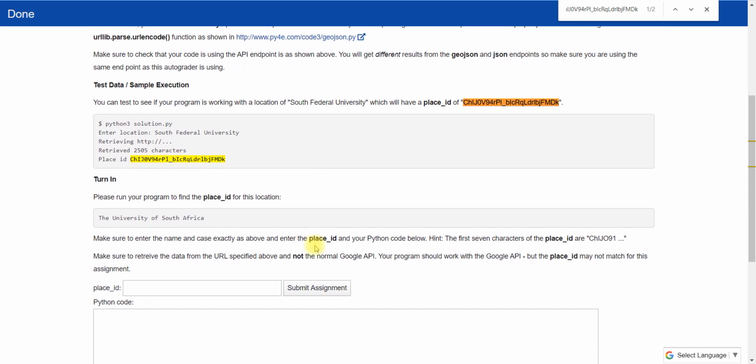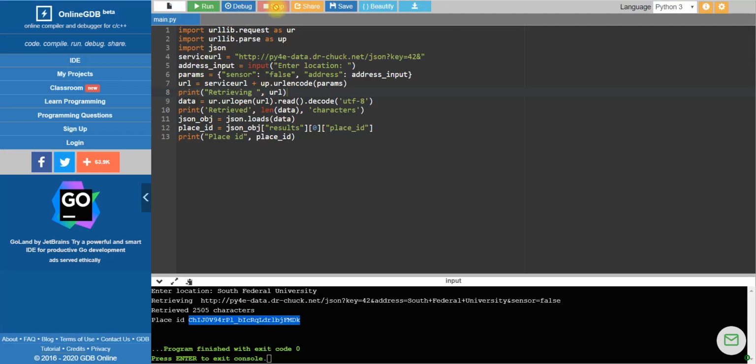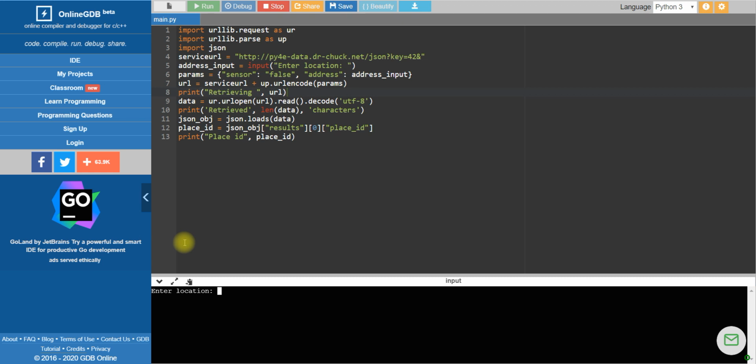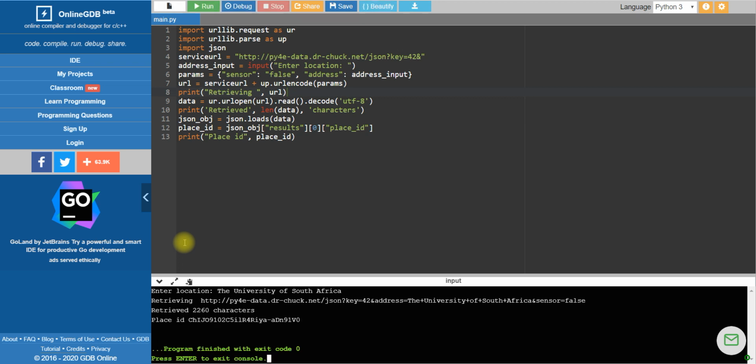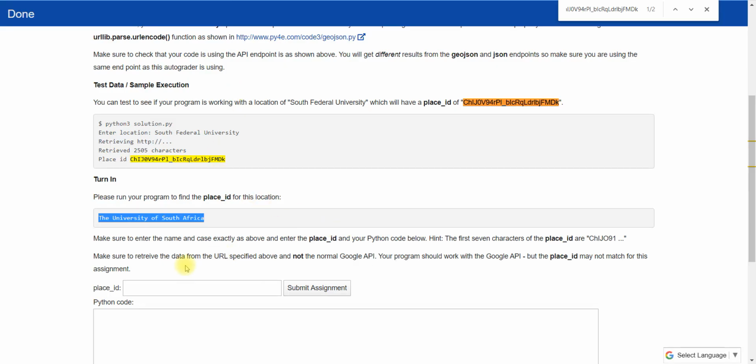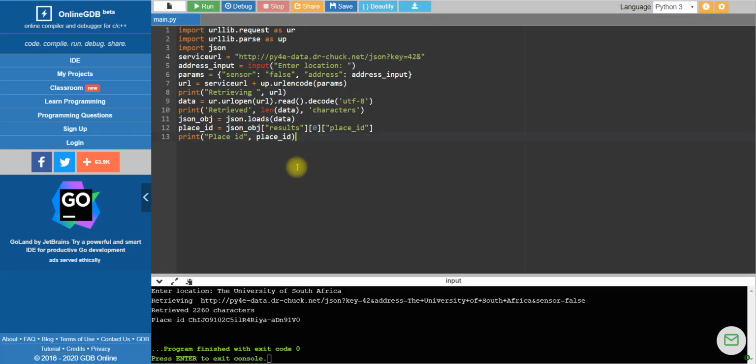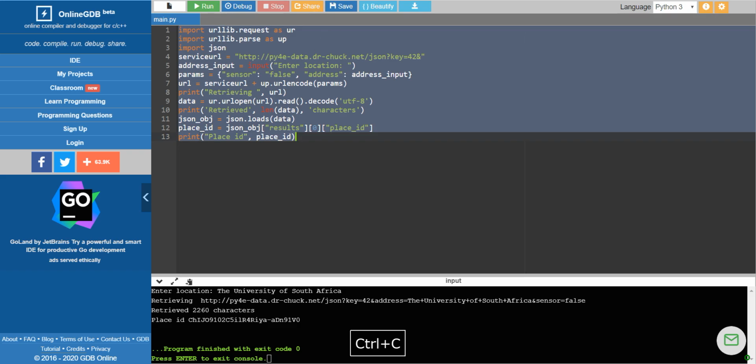And now come to our turn, the actual assignment. I will again copy this address. Okay guys, I will copy this and go to this again. I will run this and Control Shift V and enter. So now I got this ID. I will copy this. You do the same way. I will place it here, and I will again go here, copy and paste.